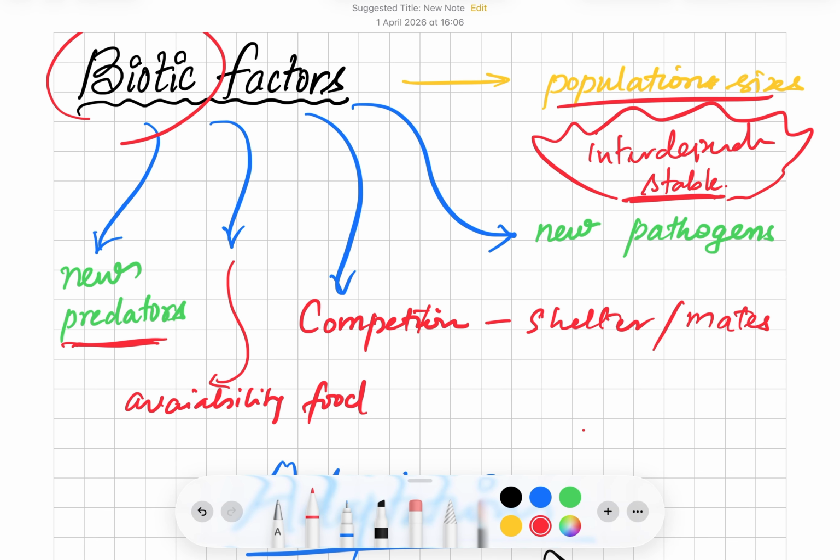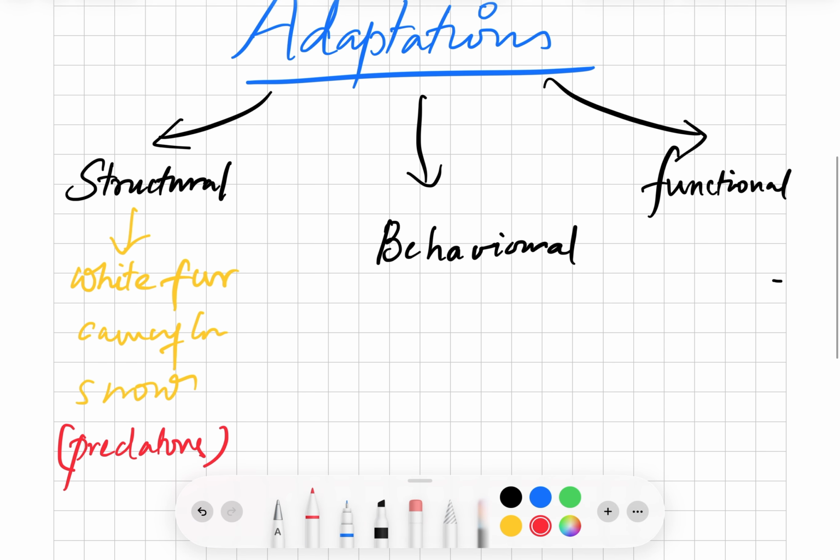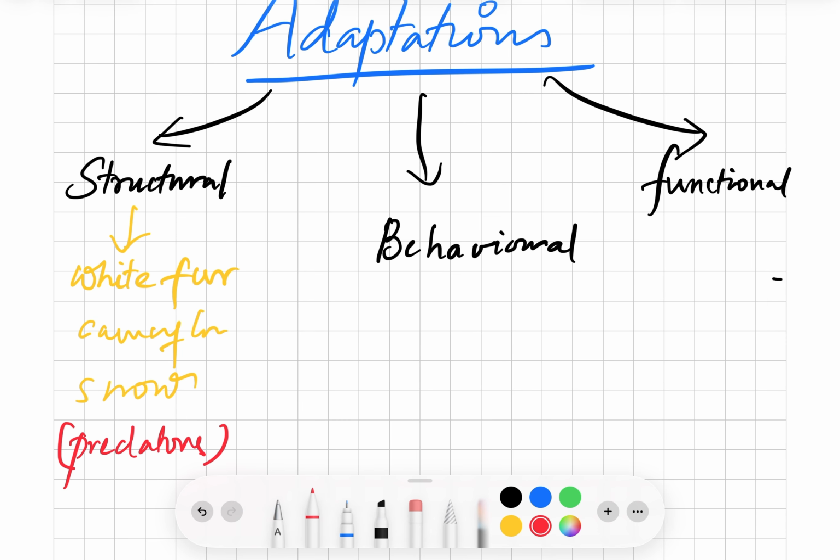Does that make sense? You'll have to link these ideas up, okay? So it's basically an adaptation. You can think of more examples. For example, animals that live in cold places like whales have a thick layer of fat under their skin. For example, camels, they have a thin layer of fat so that they can actually increase the water retention, all of those things.